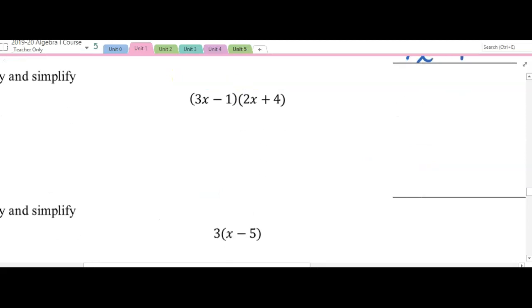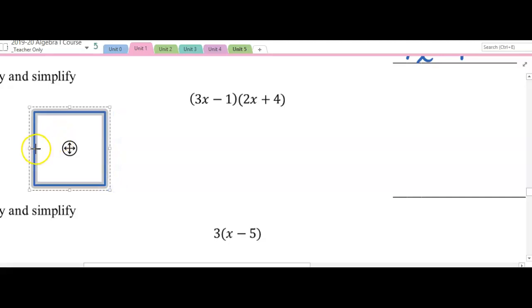Multiplying. At Mercy Macaulay, we like to use the box method, but you could also FOIL. I'll quickly show you both options. If you like to use the box method, it's kind of like a Punnett square. We're going to put the first term across the top here. 3x, take away 1,